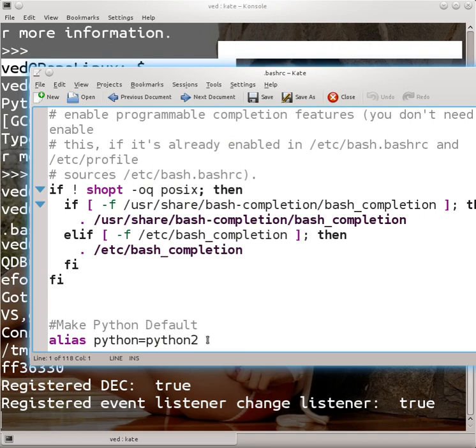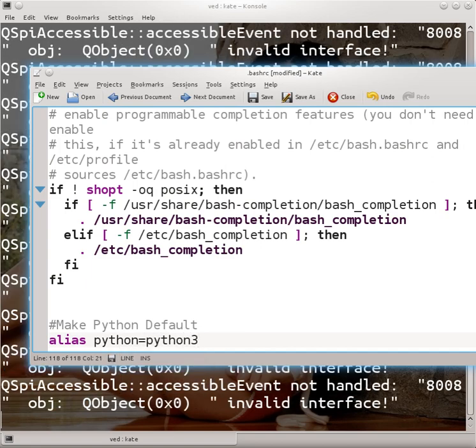Because of that, when we type python, it will load Python 2, not Python 3. If you want to make Python 3 the default, you just have to change python 2 to python 3, and save that.